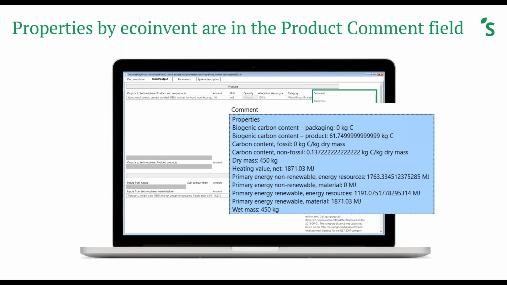And for instance, in this case, it's very exact, but we will take this as an input in the example I will show you in a bit. But you see here that the biogenic carbon content of the packaging in this case is 0 kilogram, simply because there is no packaging with this product yet.